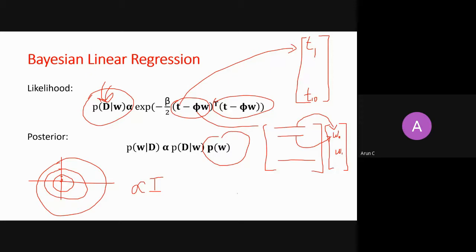So precision means how close the scatteredness can be. So if alpha is very large, it means it is very congested in a very small place. If alpha is very small, it means precision is very small. It means variance is very high. So it will scatter too much. So as I said, this is inversely proportional to the variance. What it guarantees is that the scatteredness is in a circle. If this is not an identity matrix, then it could be an ellipsoid, right? So then the contour can be an ellipsoid.